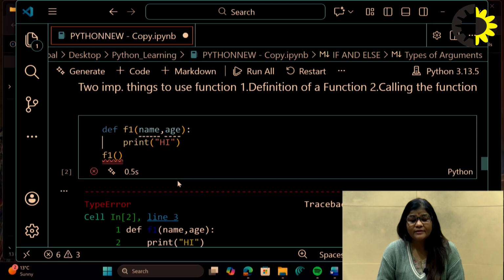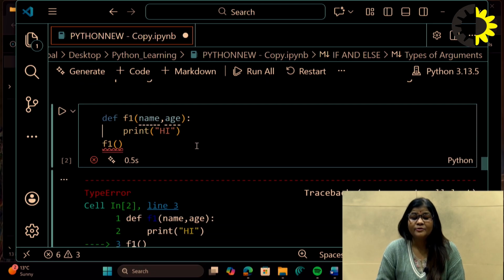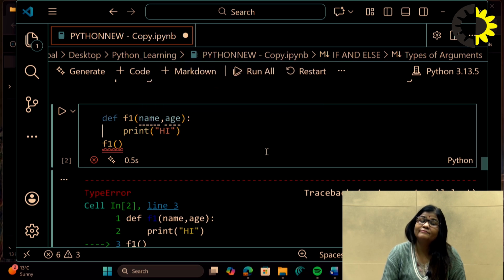So here we will have some error. What does it mean? It means if we are passing any argument, we should have the value of that argument. It can be passed either via the calling of the function, where we are calling the function, and or